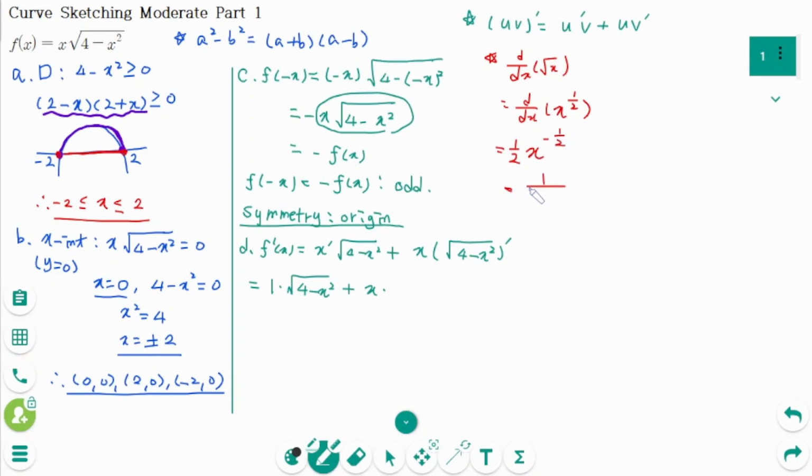We can rewrite this as 1 over 2 square root of x. So the derivative of the square root of u equals, using the chain rule, 1 over 2 square root of u